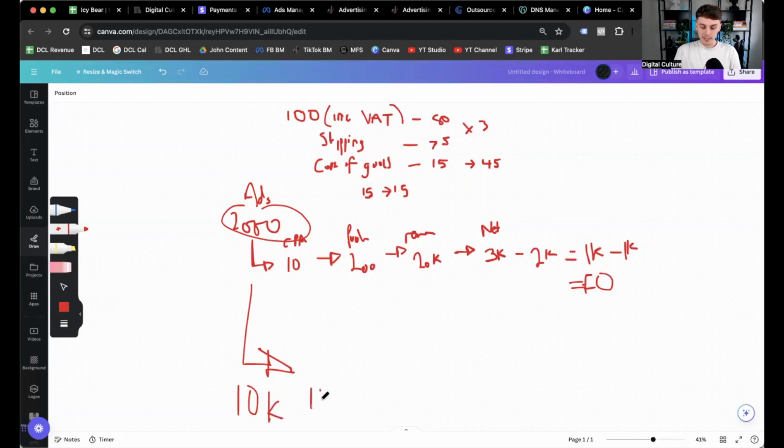Your cost per purchase stays at 10, which means you are now going to be generating 1,000 purchases a month, which 1,000 times 100 is 100K in revenue,